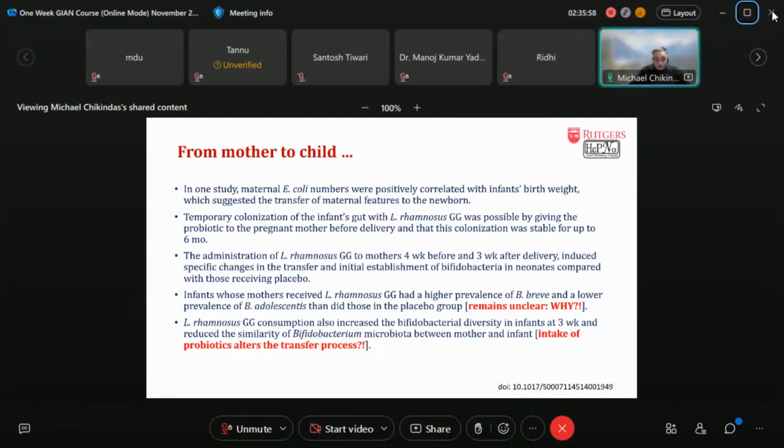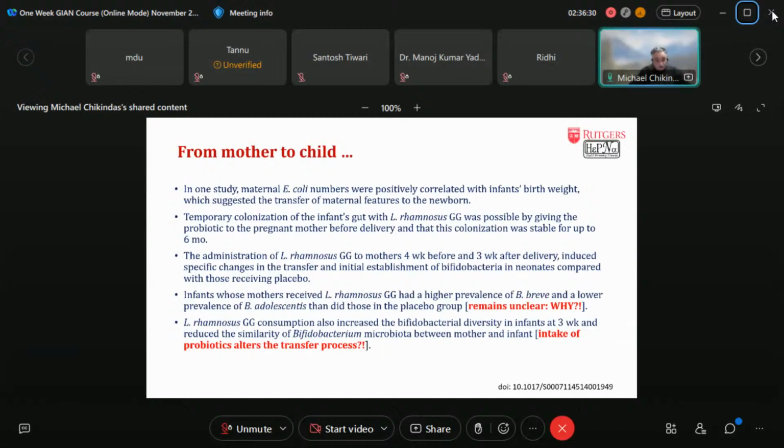Temporary colonization with LGG, and you remember LGG is one of the most studied probiotic bacteria, was possible by giving the probiotic to the pregnant woman before delivery, and the colonization was stable for up to 6 months. I'm not sure why it disappeared. It didn't look as a transient colonization. 6 months is also a very good colonization, especially considering that it's passed from the woman to the child, most